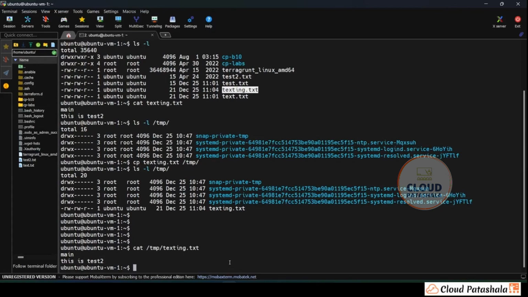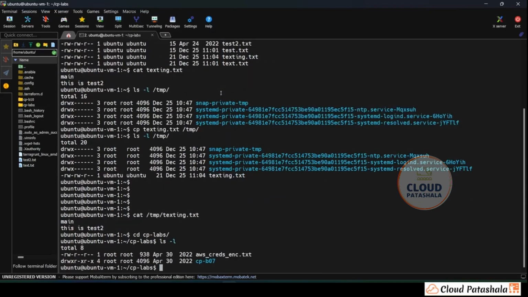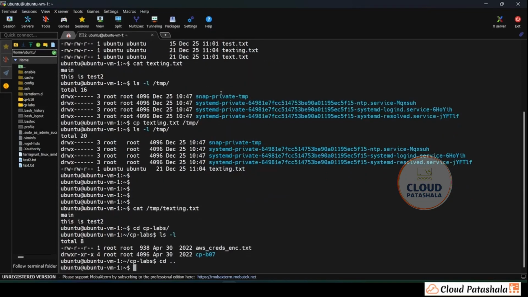Now what we can also do is copy the directories themselves. If you see, cpb10 and cpb labs are directories that we have. So I could go into cpb labs and show you the content of the folder. So this is a subdirectory structure. Now if I have to copy the entire folder cpb labs from this location into temp,